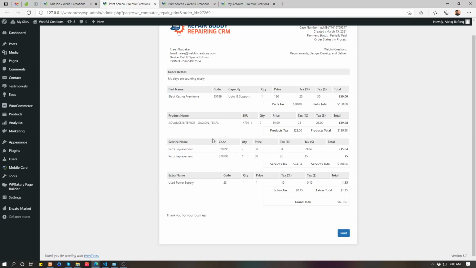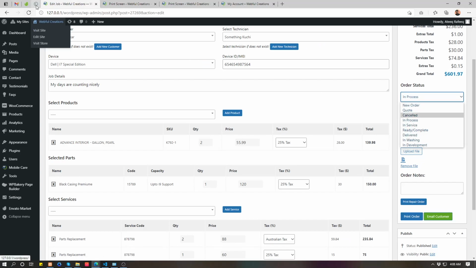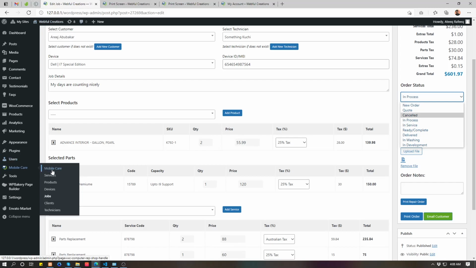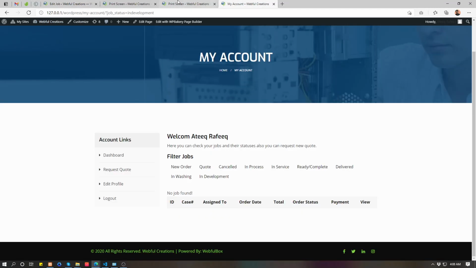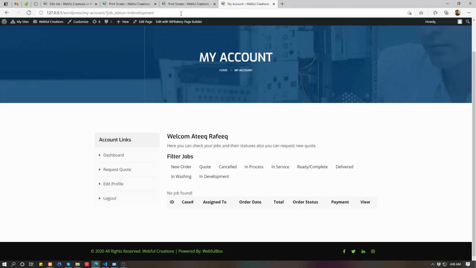Print order. And you can always email the customer whenever you want. Automatic emails happen when the order status is changed, if you have enabled the option there. So anything else? I hope that's it. Thank you.